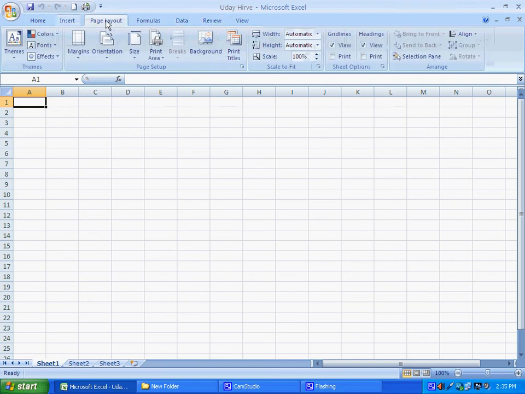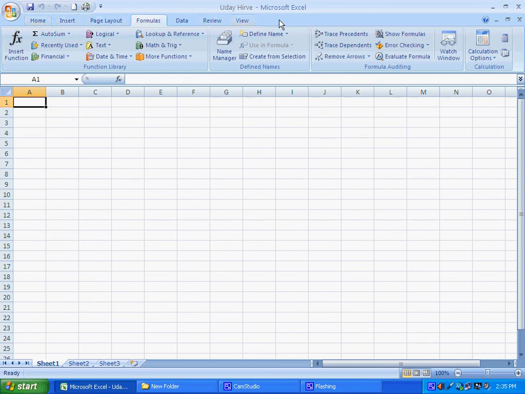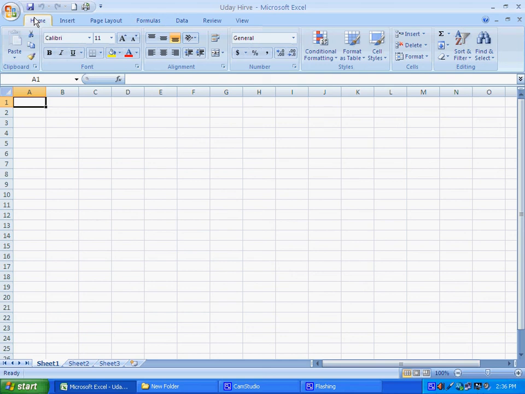So these various tabs and this whole blue part below the Office button is called the ribbon. We will see the various tabs one by one later on in this training.